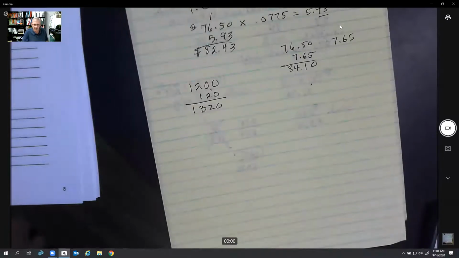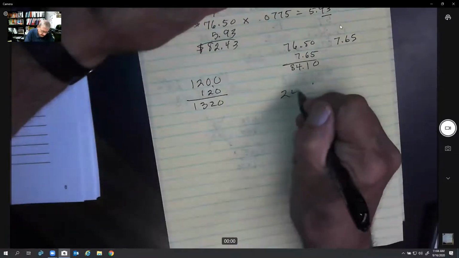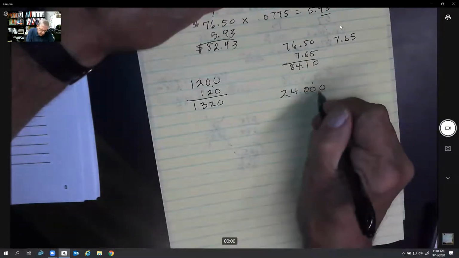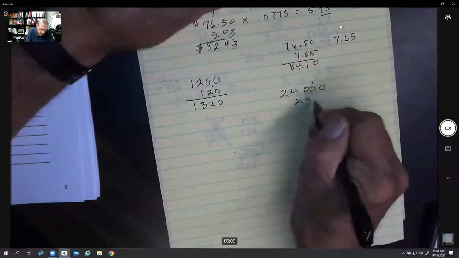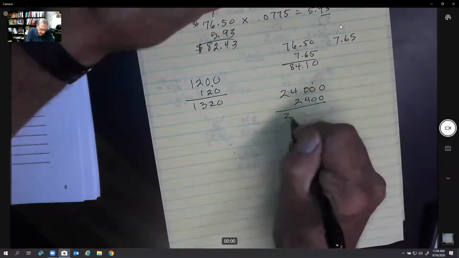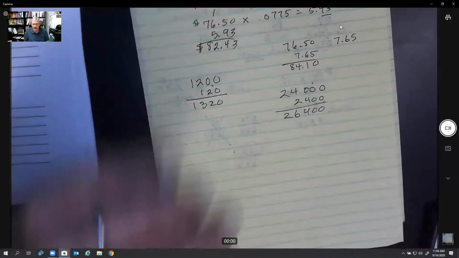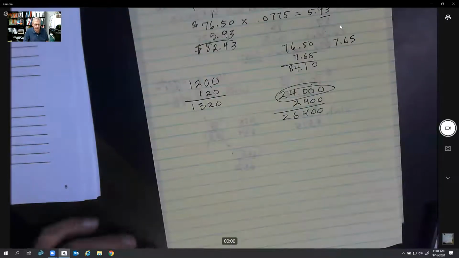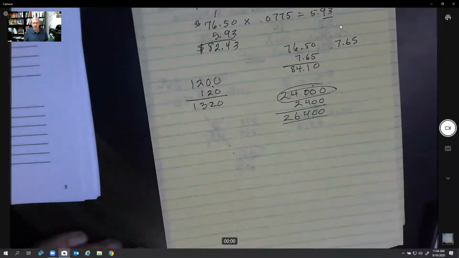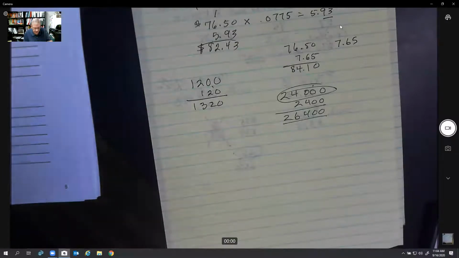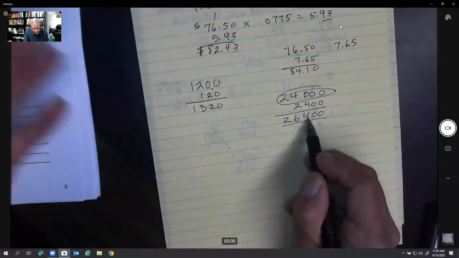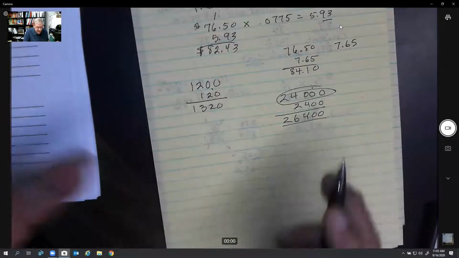Let's say you're buying a car. The car is $24,000. How much tax are you going to pay on that? Move your decimal point over one place, $2,400. So that car is going to cost you $26,400 now, even though they're giving you a price of $24,000. You see, it's going to be a little bit higher. So if you use that little trick, it kind of gives you an idea of estimating the tax into your thing. And then you look, okay, I'm paying 26 for this car now, because they have to add on the